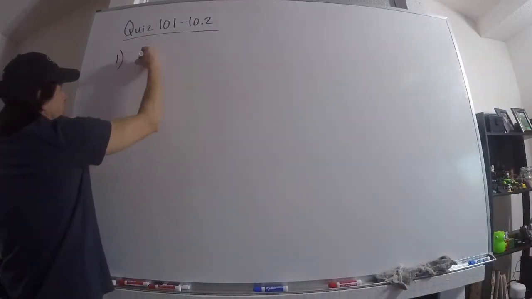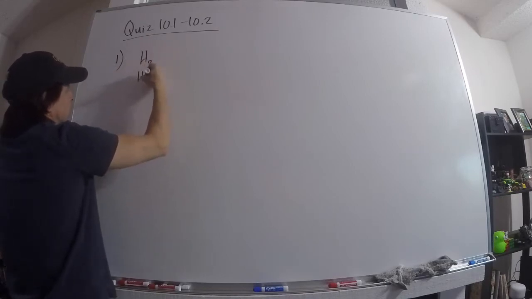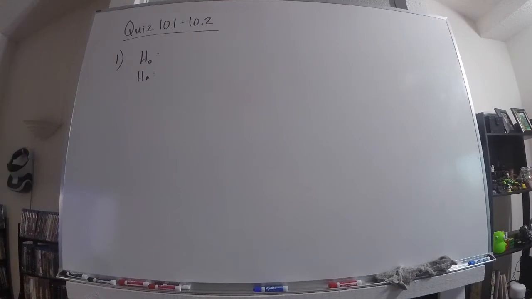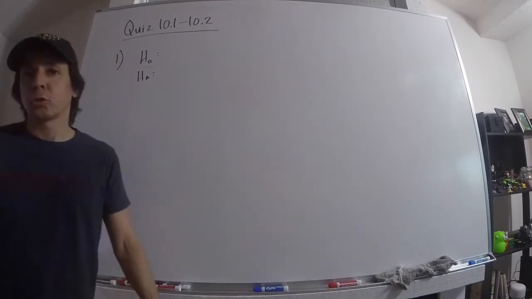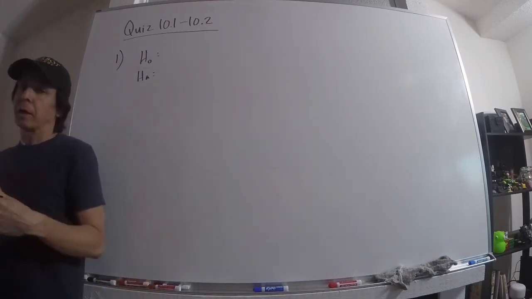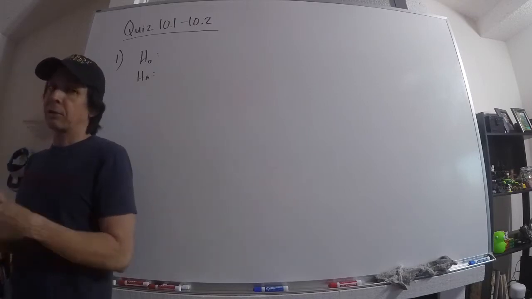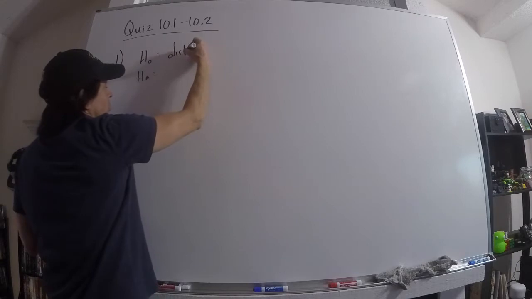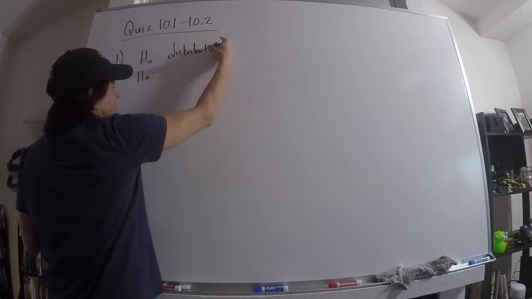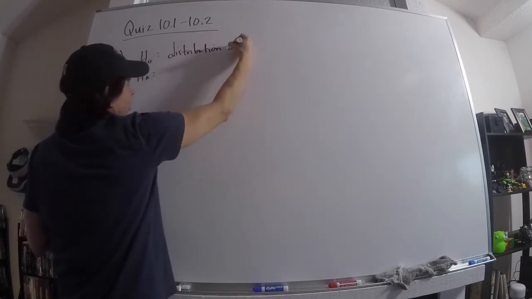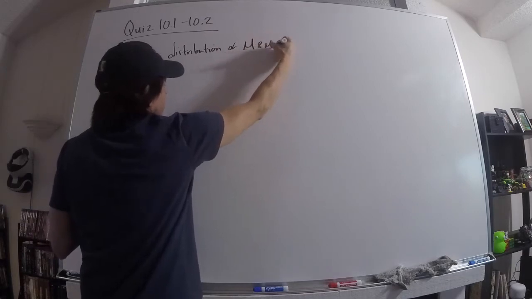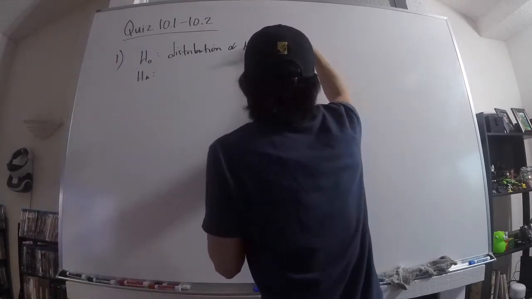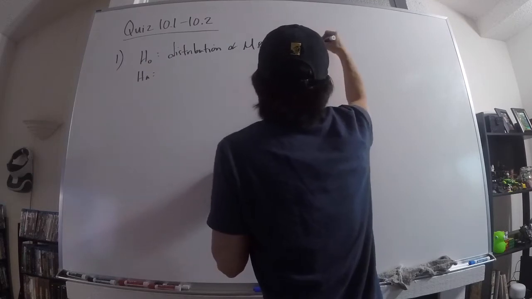Null and alternative. Unlike the previous ones, this is not based on a parameter. It's based on you trying to describe the concept that the null is that it's going to be as claimed. So for this one you can just go with the generic form, distribution as claimed. Or you can be specific: distribution of M&M colors as claimed,